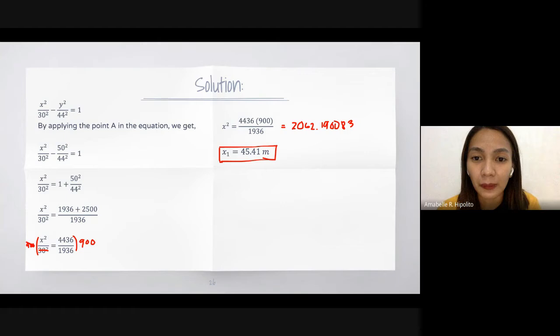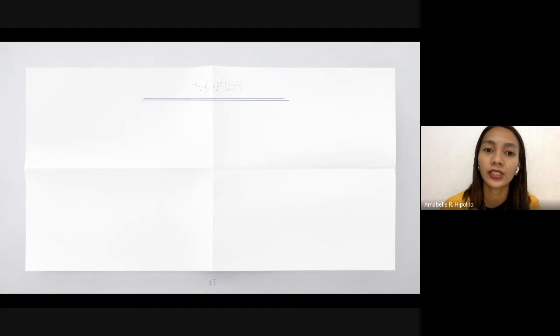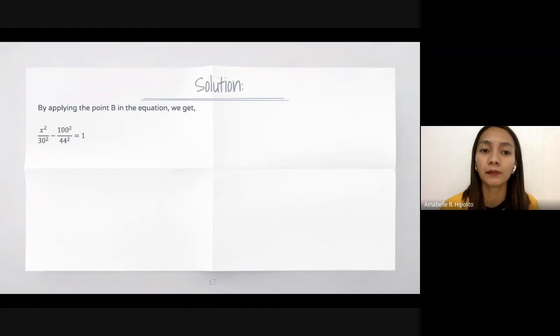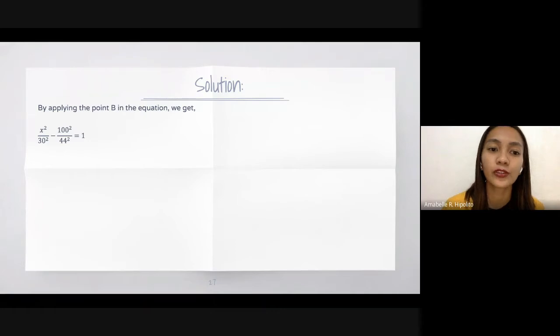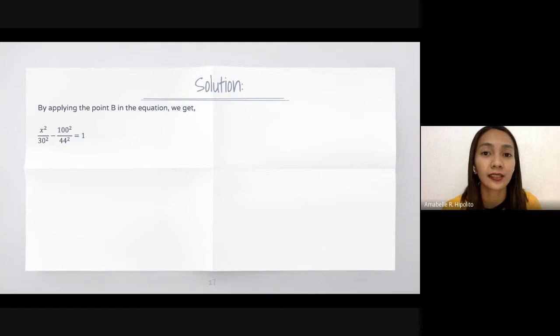So, how about the base of the tower? The base of the tower, the procedure we will do is the same. By applying the point B in the equation, we get x squared all over 30 squared minus 100 squared all over 44 squared is equal to 1. As you can see in the illustration, right? The one at the base, since they are half, became 100. Okay? It became 100 at the base. So, same procedure, we substituted and transposed as well. So, it becomes x squared all over 30 squared is equal to